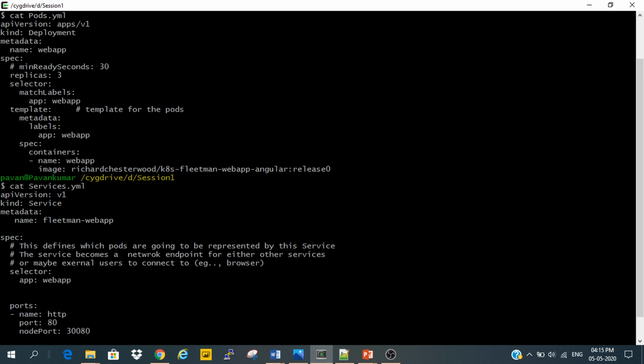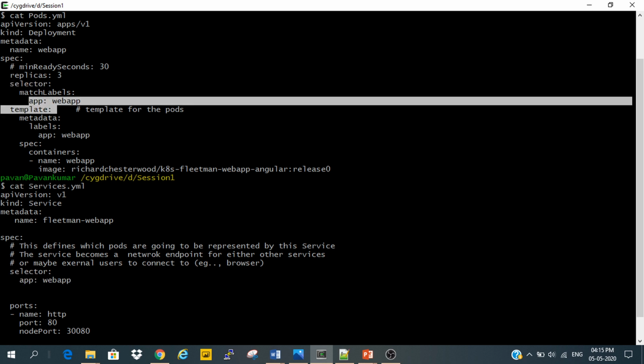For this service, how does it know which pod it needs to communicate with? Since we have written a selector in this service, we define it as a selector. The selector name is app: web app.